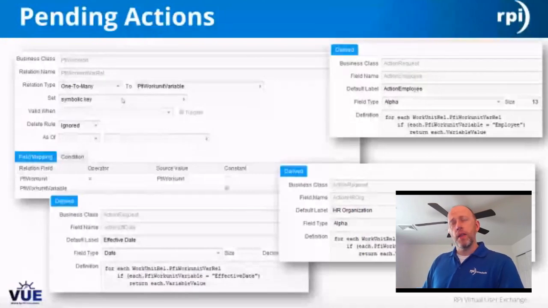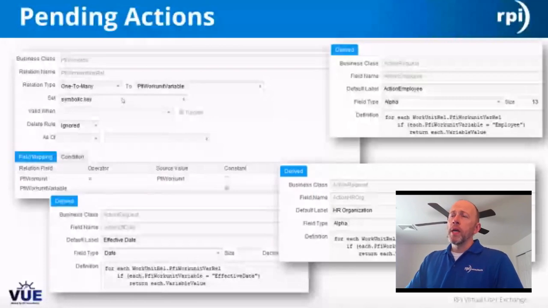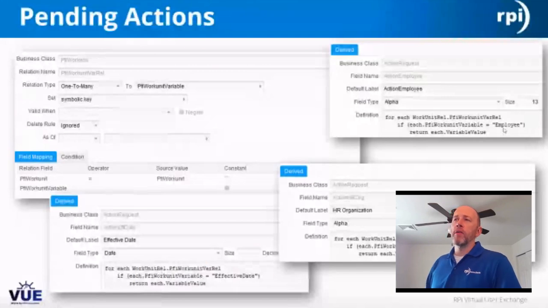So if you think about it, the work unit is already related to the work unit variable table, but what we were specifically looking for was a specific variable. And so what these derived fields ended up doing is, if you look at the action employee field, I am looking for this specific work unit variable called employee. And that's the value that I'm returning in this particular field. Because on that action request business class,